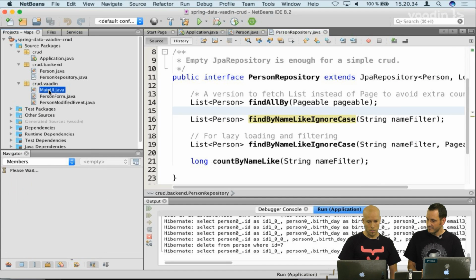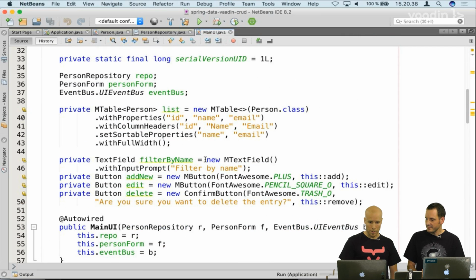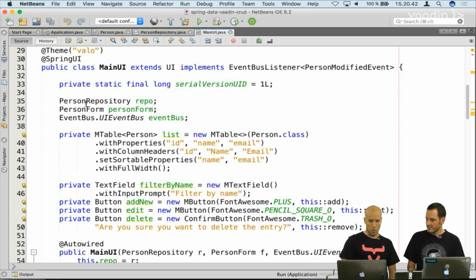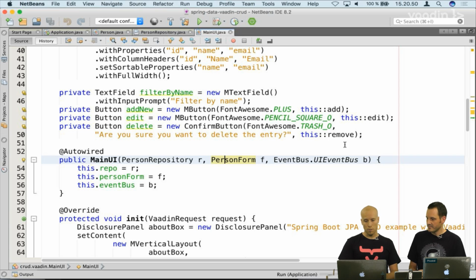Yeah. So this is the entry point, the main UI class that we have, and here we are now injecting this repository, and then we are auto-wiring person form, which is another Vaadin component where we edit those, and then we also inject the event bus. So this is one of the